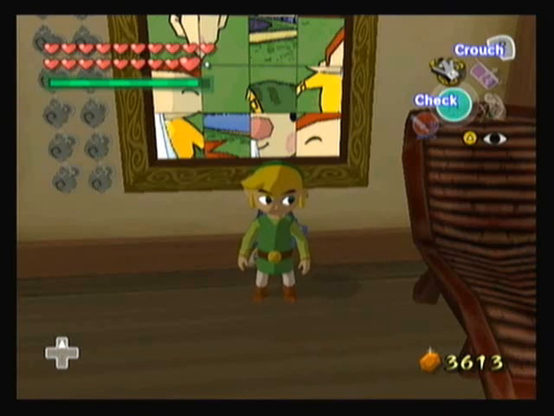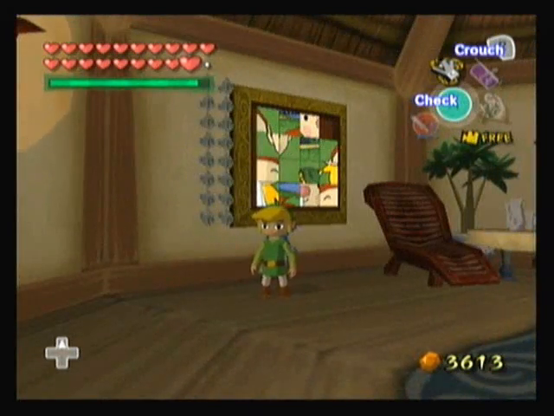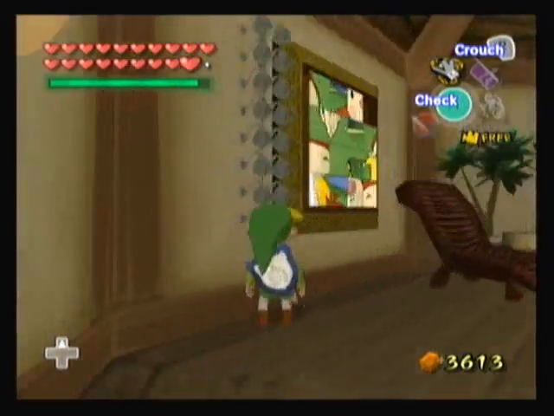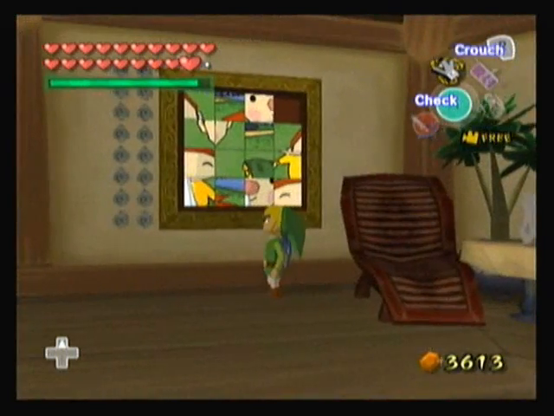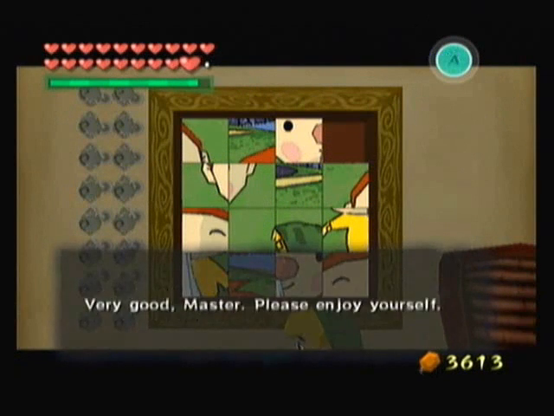Zelda: The Wind Waker. Now I kinda ended off that last part a bit too quickly. I forgot to show something. Once you complete the Home Rock King puzzle here at Link's Oasis, then it'll just go back to this one, and these will be unlit again. Another thing I want to show is actually kinda funny. If you choose to quit while you're in the middle of doing a puzzle,